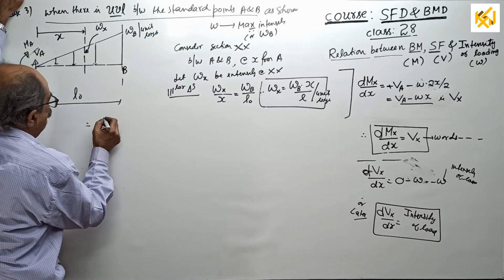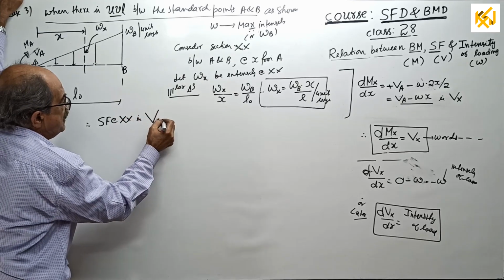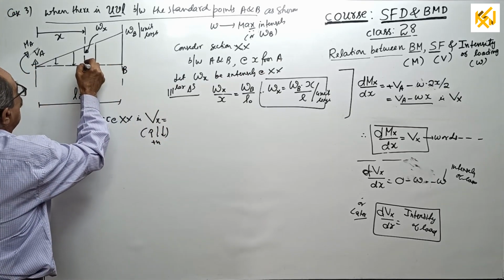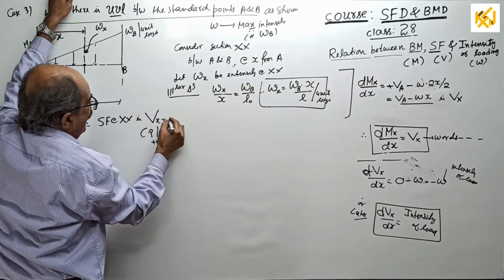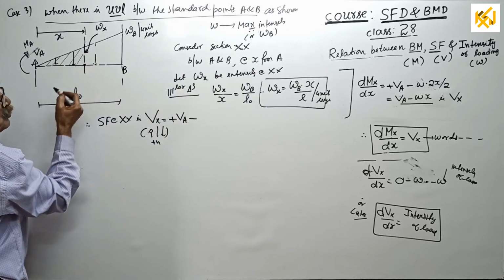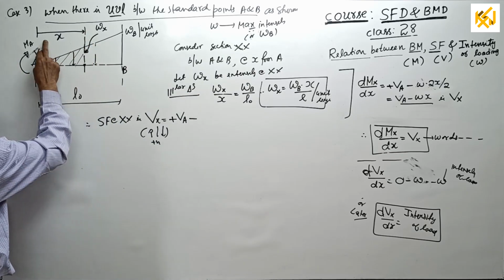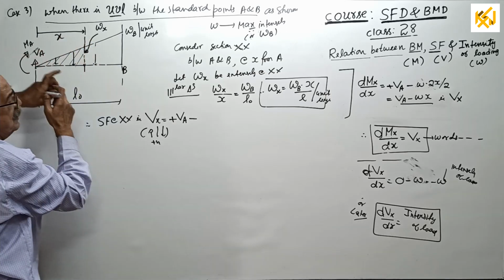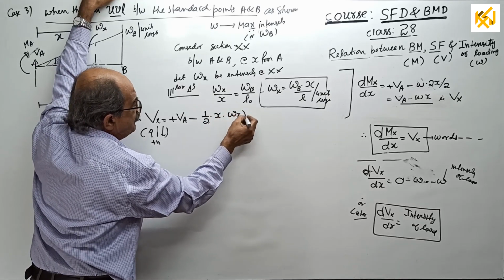Answer. Therefore now, shear force at XX, that is called Vx, equals left up, right down, positive. I am not explaining because I have told so many times. Look this side, plus VA minus only this much load. Why? Shearing force means you have to see one side. Once again a triangle of base length X and height only WX. Only this much load, equal to minus half into X into W suffix X, is the total load.